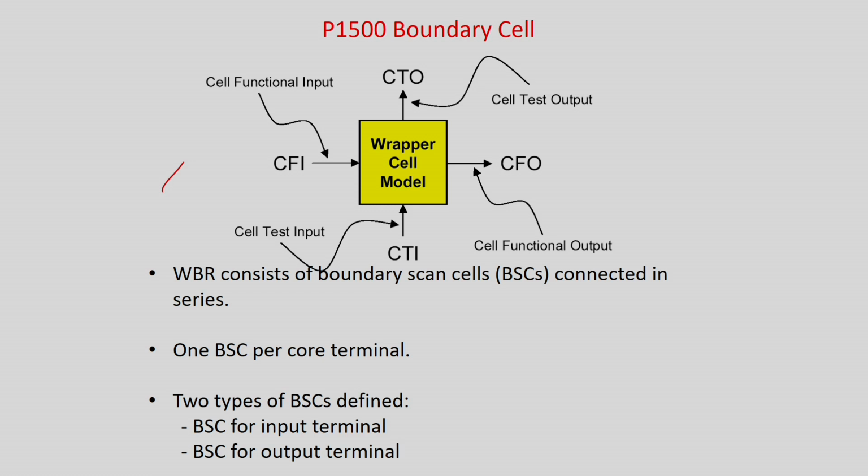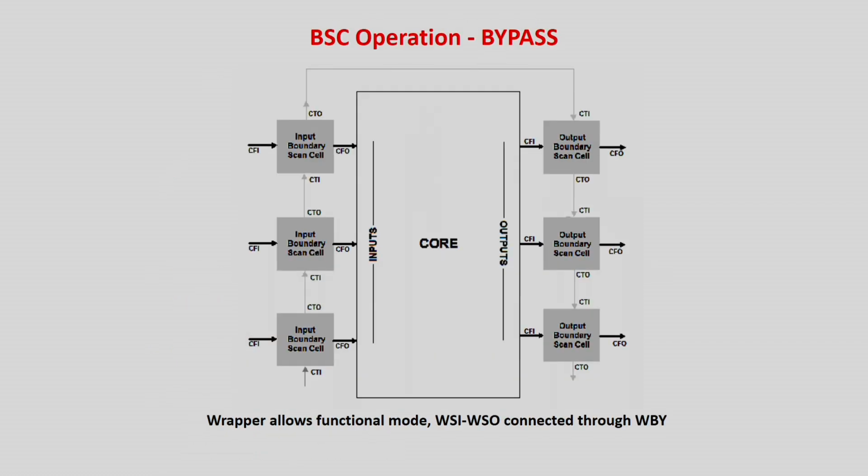But as I told you, why they call it a standard? Because multiple cores will be purchased from different vendors, they will have their wrappers, and I will put them in and I have to go for test. So if everybody does not follow a standard and makes their own wrappers, it is very difficult to do the integrated testing. That is why we maintain a standard. Otherwise, it is very logical that we have to do it in this manner. But standard makes it very much fixed, and I know that if they are following the 1500 standard, then this is the instruction, this is the bypass, etc. So very easily I can design my test integrity.